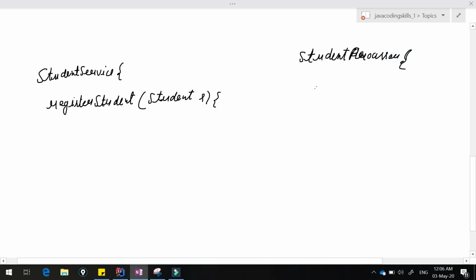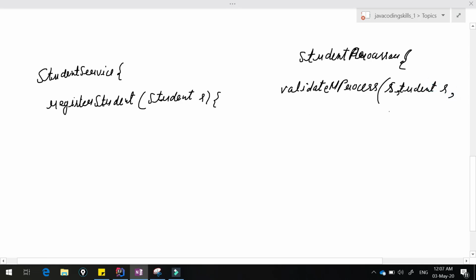Okay, so what we will do is, here we write validate and process. The method name is the same. One slight change here. We are passing the student object, that is also fine. And we'll pass one more parameter here.